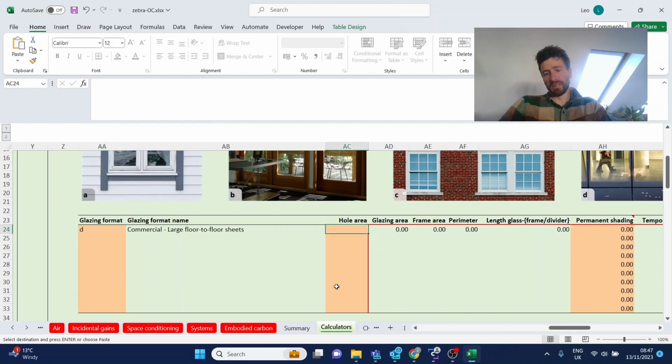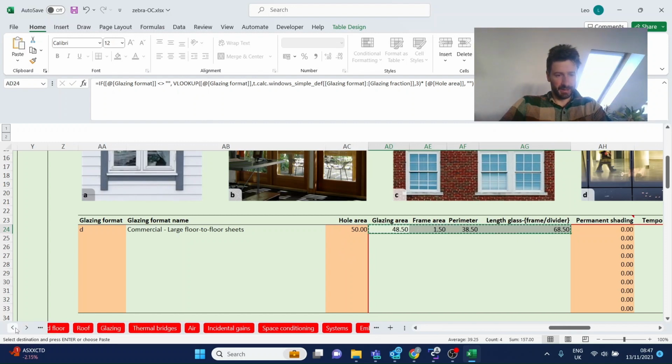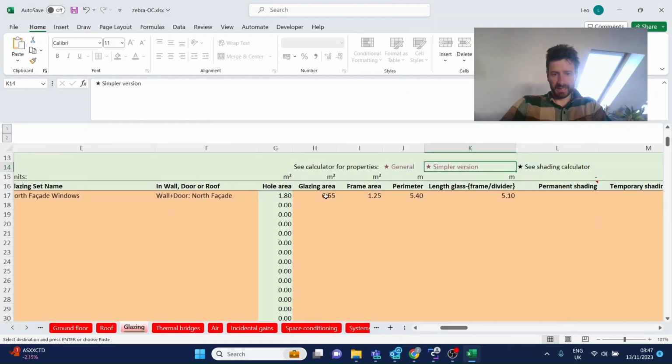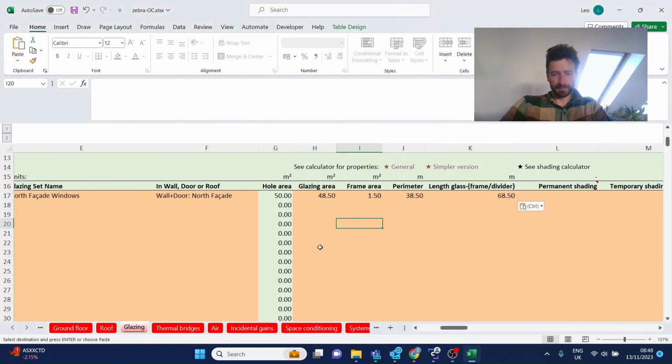And then we can input our total whole area for the window. So let's say, for instance, we have in total a large window set. We maybe have 50 square meters. And then this will give you typical values for these 4 properties based on that window type you've chosen and the whole area you've input. And again, we can copy this one and paste special back into our glazing tab. So that's 2 ways you can